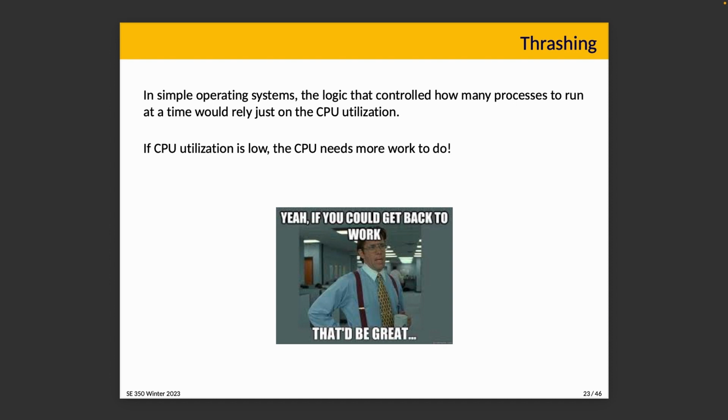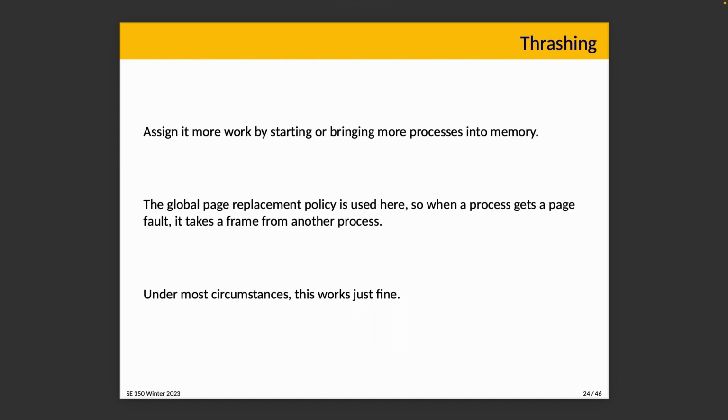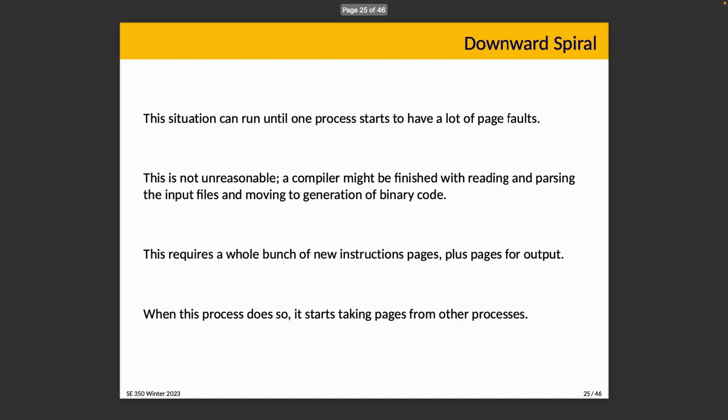Okay. Global page replacement is used in this situation. So when a process gets a page fault, it just takes a frame from another process, and under most circumstances, this works just fine. Right? When we start new things, we're giving the CPU more work to do, and if in fact it is because the CPU is bored, well, then great, problem solved. The situation, however, can run until one process ends up getting a lot of page faults in a short period of time. And this is not